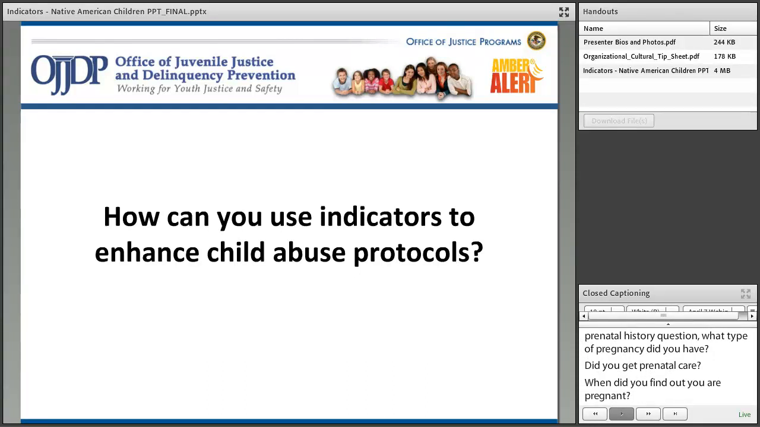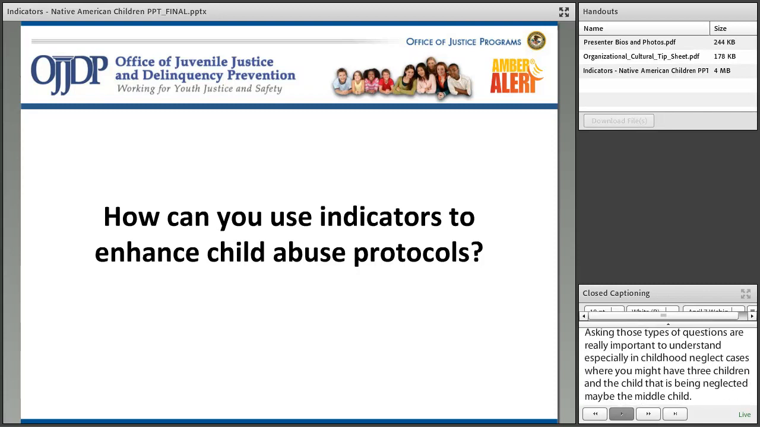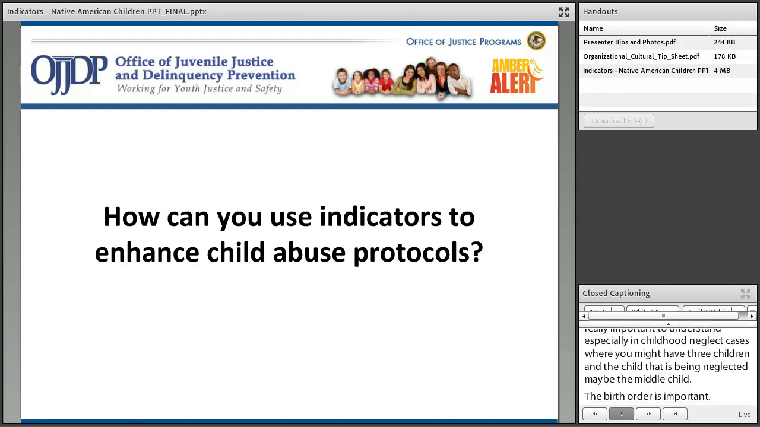Asking those types of questions are really important to understand, especially in child neglect cases where you might have 3 children and the child that's being neglected may be the middle child. The birth order is important to know and understand, so that you know how you can relate to the family as far as needs and concerns. Asking the length of residence,